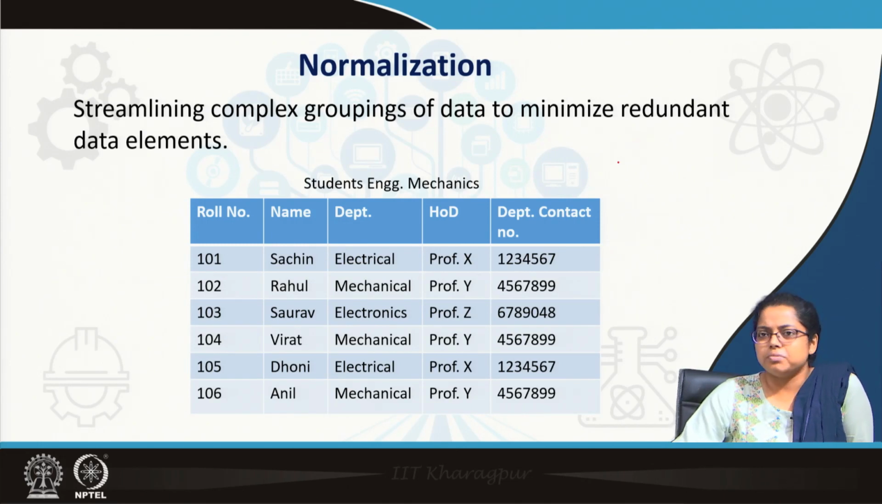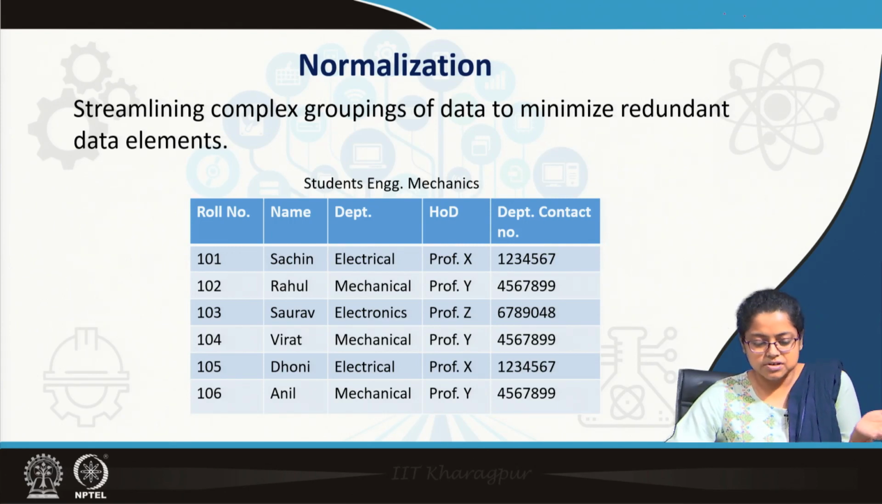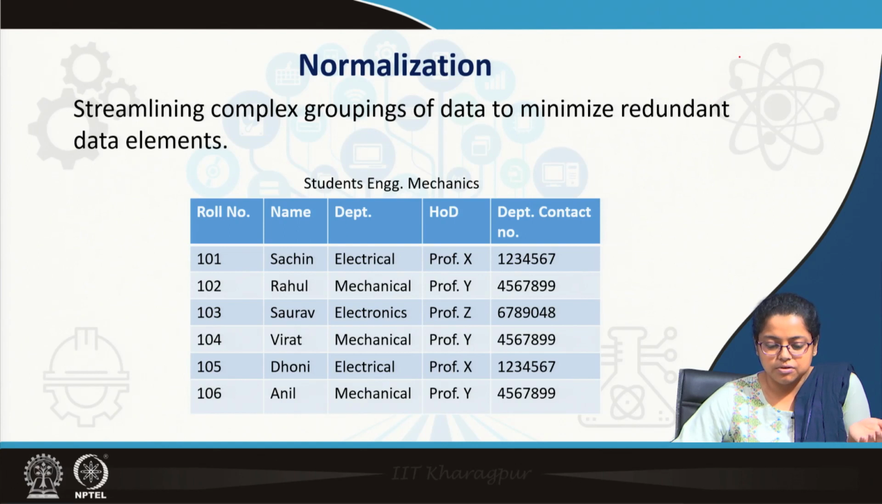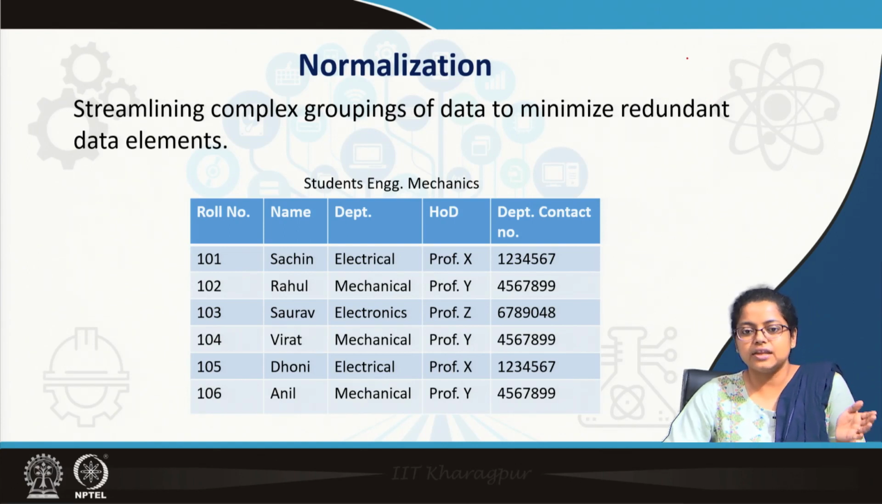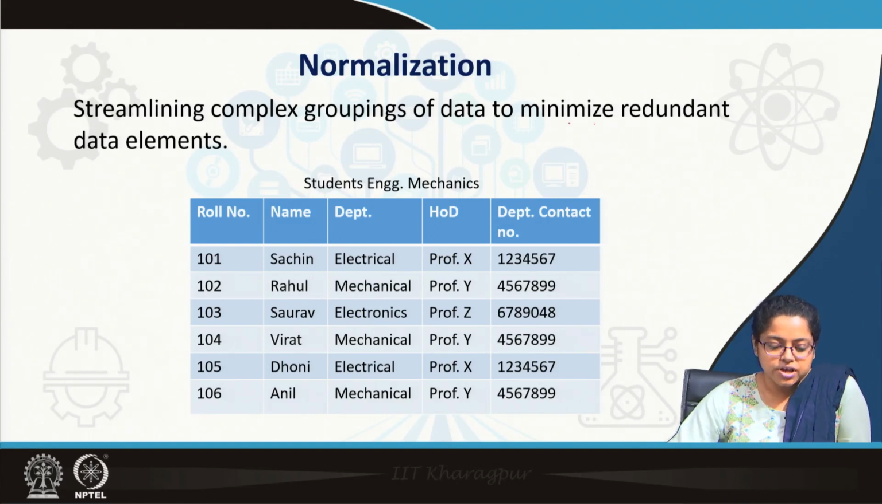Here we take a very simple example of a table. In any engineering college, in the first year, students take up some core courses. These courses are taken by students from different departments. Say in this particular example, this is the students table for engineering mechanics, which is a core first year subject in any engineering curriculum. Here in this table, we have data about multiple